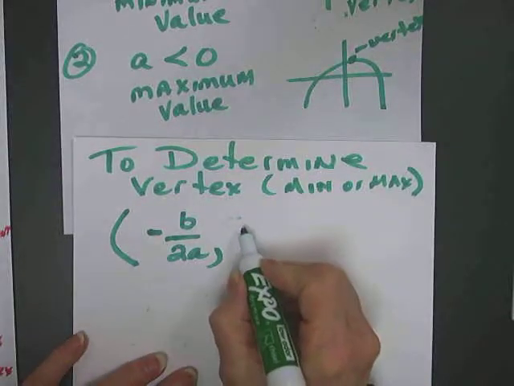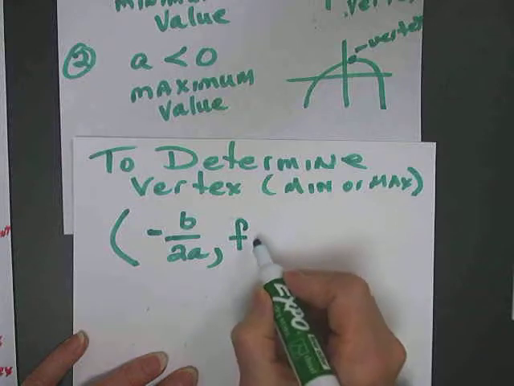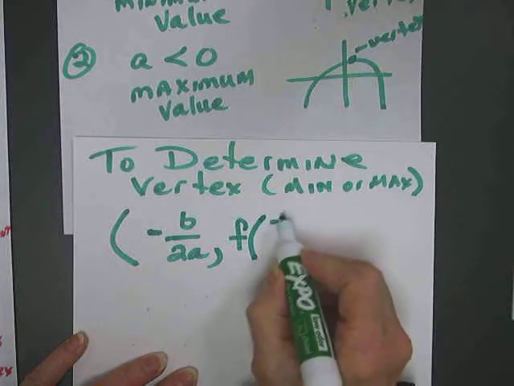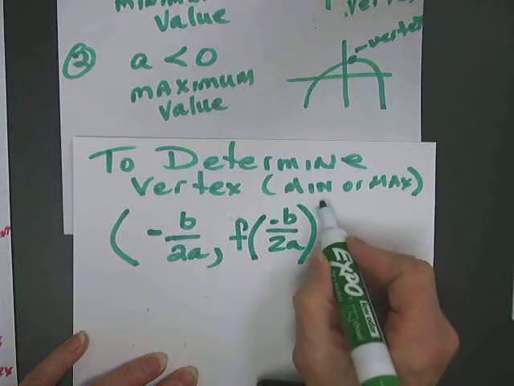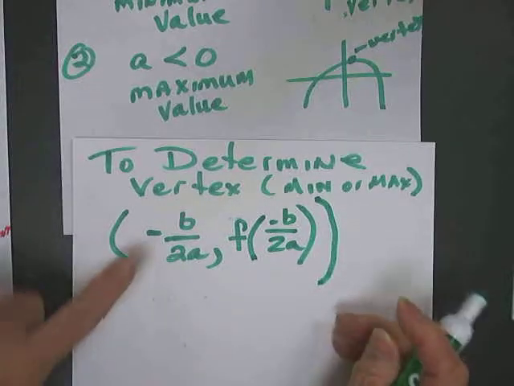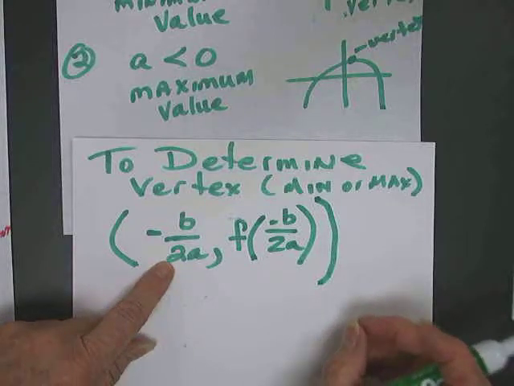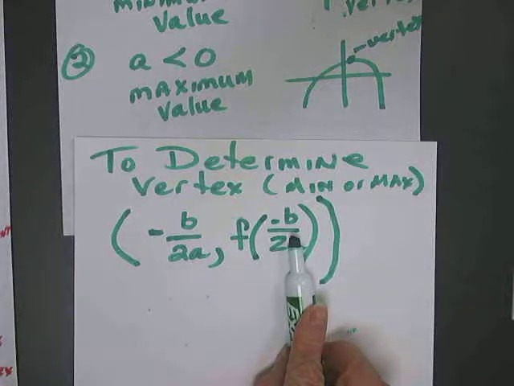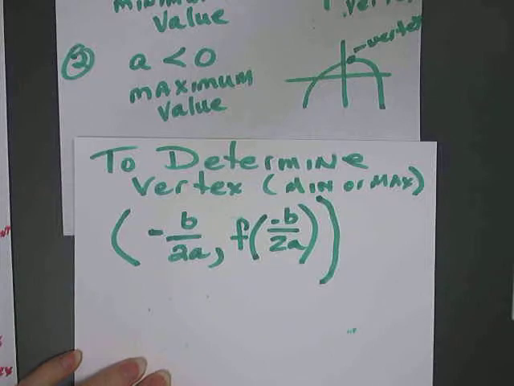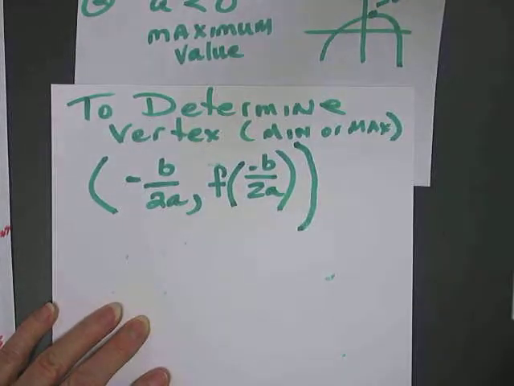Okay, that's the x. The y will be, if you solve it with that, the function at that point. So if you find out that the x is like 2, then you're going to put 2 for all the x's and solve for y. I'll show you that in a minute. Okay? So,